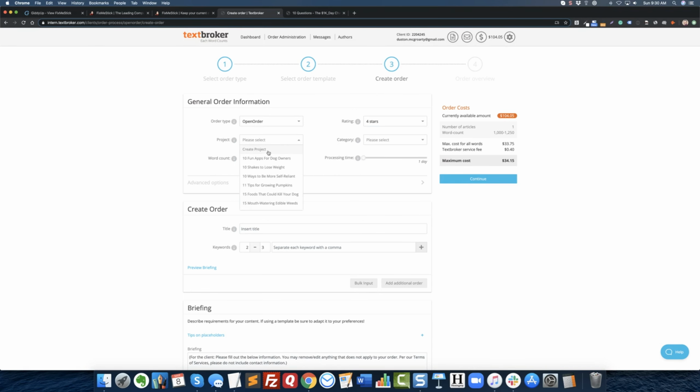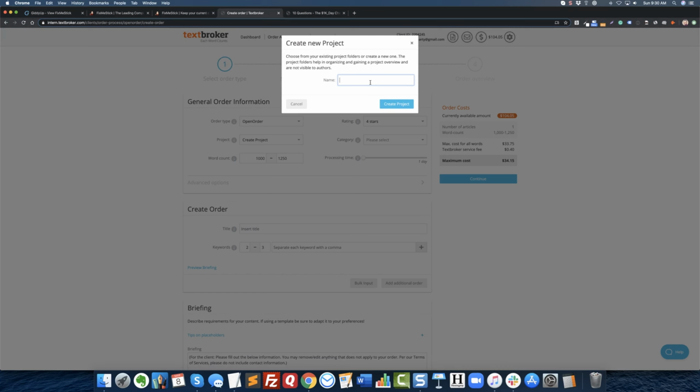Project, we're going to create a project here, and it's going to be, let's see. So the project should really, I've never used this organizational structure the right way in Textbroker. I've always just named my projects the actual name of the article, but the way it's supposed to be done is the project should be basically your business name or website name. Like, where is this article going to be used? So I'm going to call it Gadget Confidential